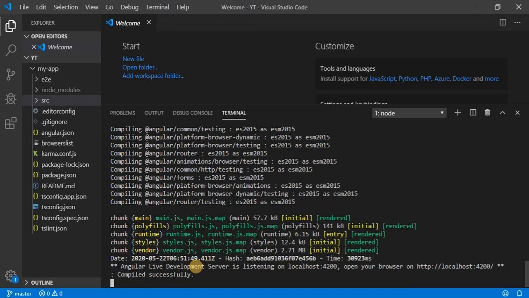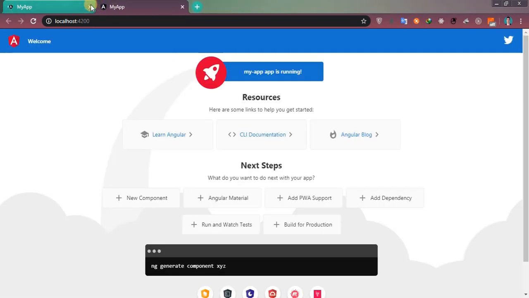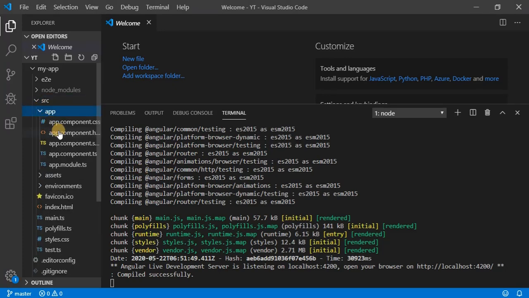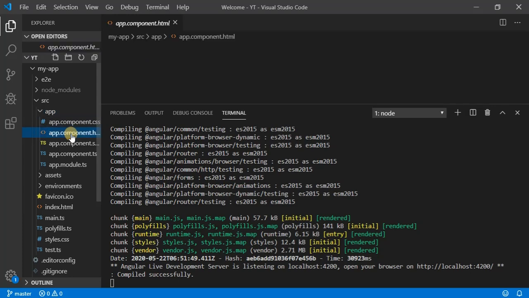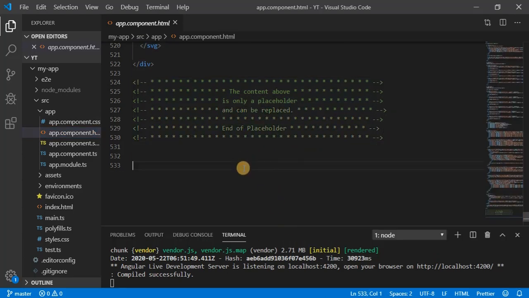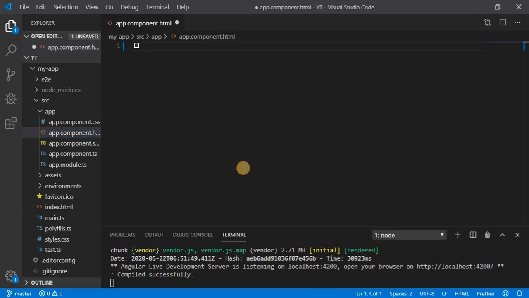As you can see here, it's compiling and compiled successfully, and it got opened in the browser. So our application is running perfectly. Now let's get into the app component HTML, copy all the content and remove it.